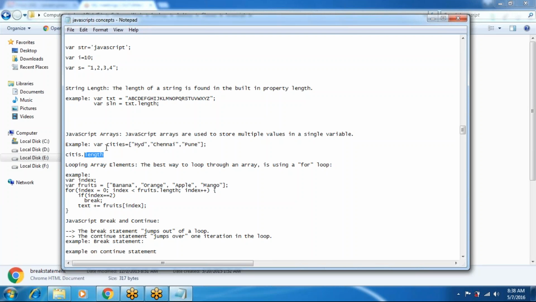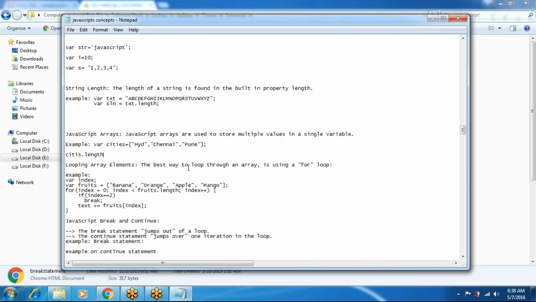So using an array we can declare multiple values, and we can display all these values using a for loop. Otherwise we can display only a single value by using the index.